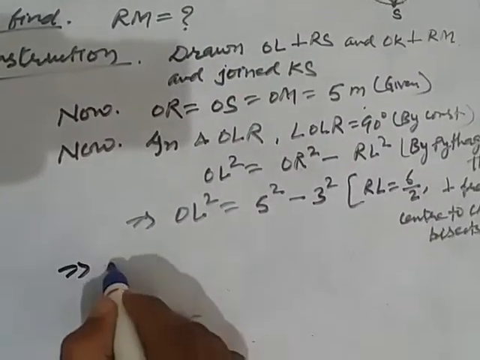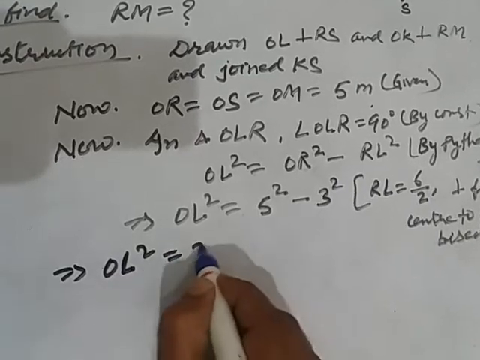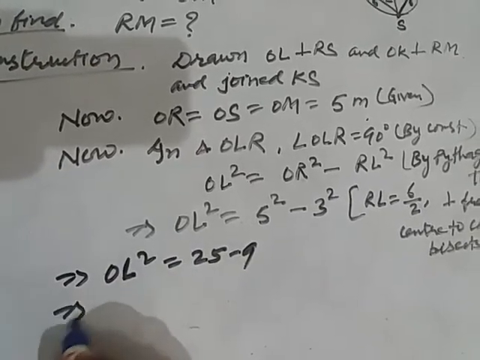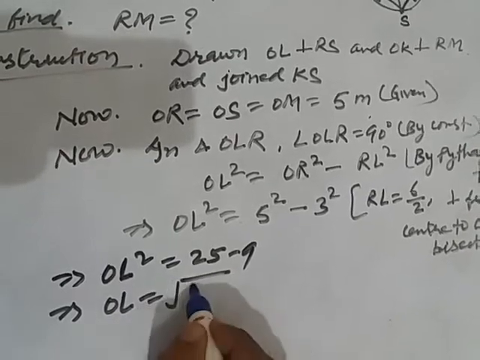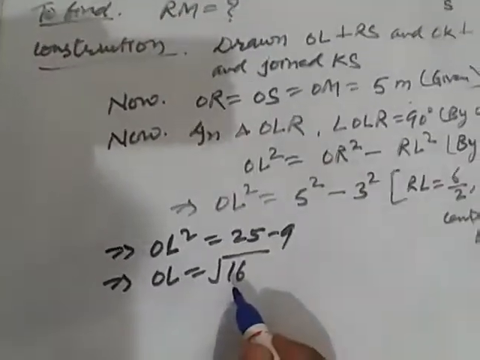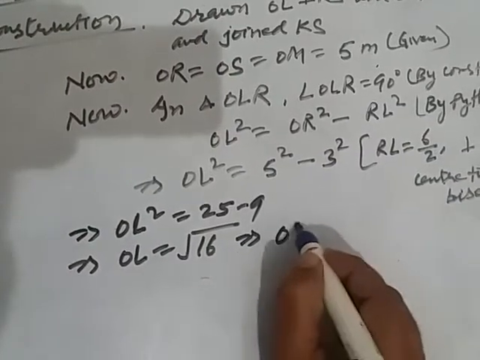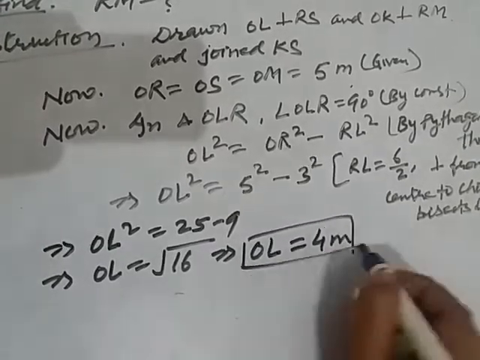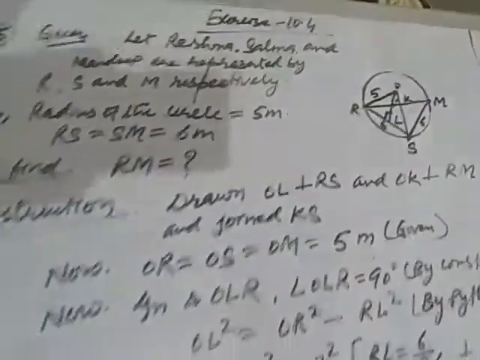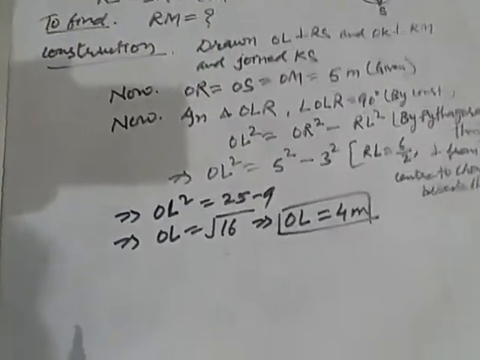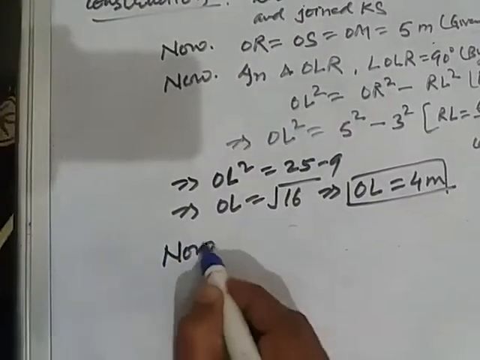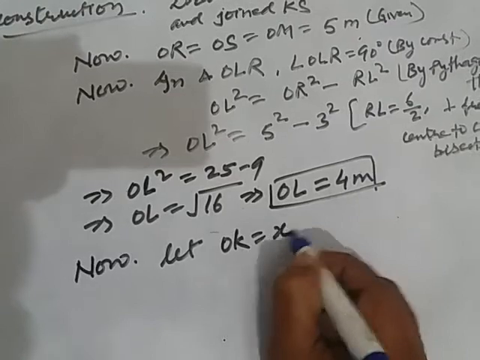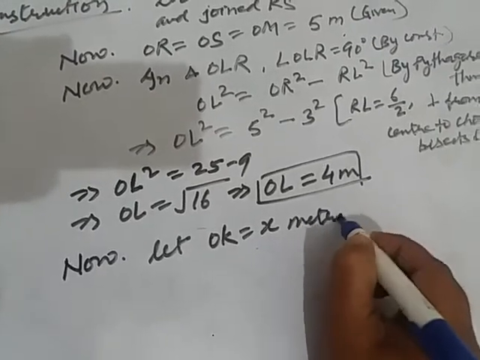This implies that OL square equal to 25 minus 9. This implies that OL equal to under root 16. Okay children, this implies that OL equal to 4 meter. OL, this is perpendicular. OL equal to 4 meter we have found out. Okay children, now let OK equal to x meter. Then